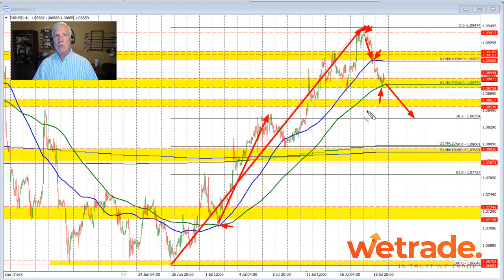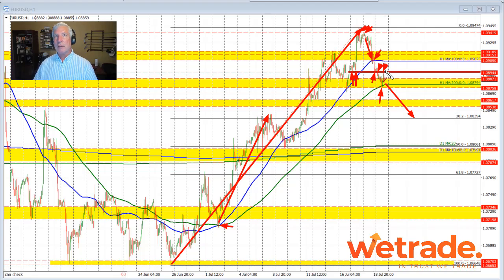Now, on the top side, the corrected move off of the 200-hour moving average did come up to test these swing lows from yesterday's trade. That makes sense from an intraday perspective. It's not really yesterday's trade; it was Wednesday's trade. And yesterday's trade as well, the low came down toward that level. So we do have these two lows right here. We broke through it here and then used that level as resistance here. So the 108.94 is